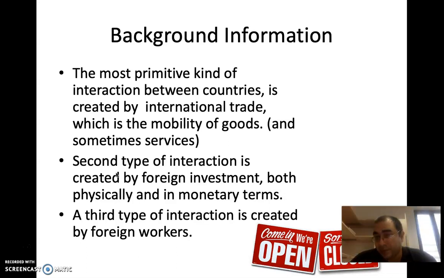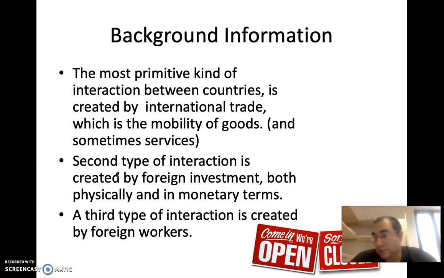Actually, you can buy internet instructors that might be guiding you through the education process through the internet. So this is a service you can buy from another country, and we might think of other services also. But so the mobility of goods and services is one type of mobility. Another type of mobility is the mobility of capital.